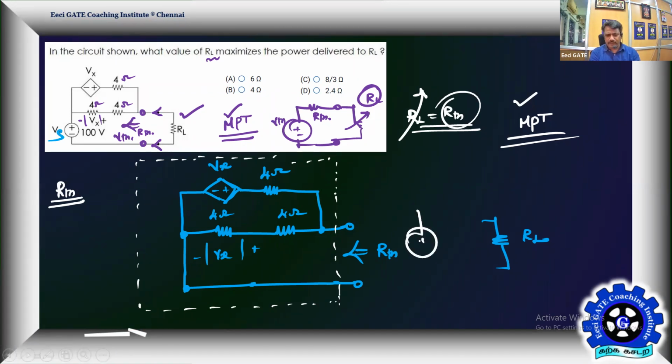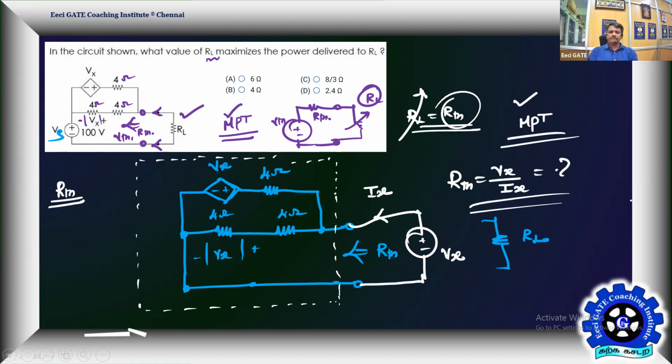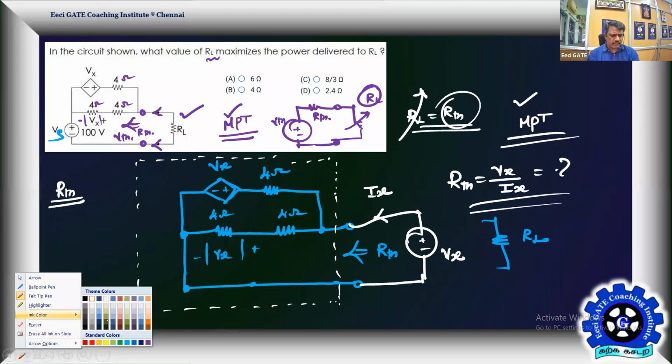Excite the circuit by a known source, and the source is completely your choice. Let that potential be Vx, and look for the current drawn by the entire circuit. Then straight away we can say R Thevenin is equal to Vx by Ix. That's the beauty of circuit analysis. So choose your Vx. It's completely your call. Let that number be one that gives integer numbers, so it does not complicate things.